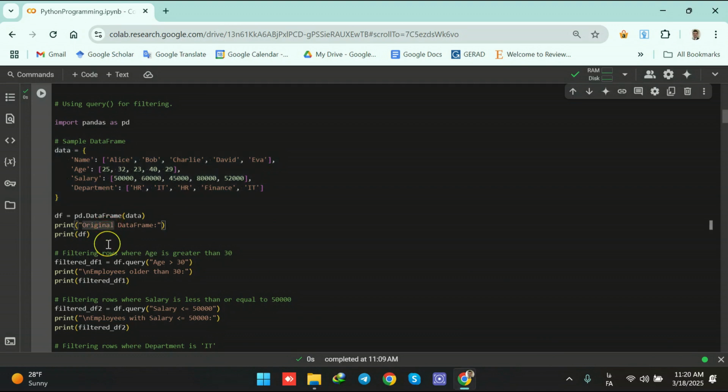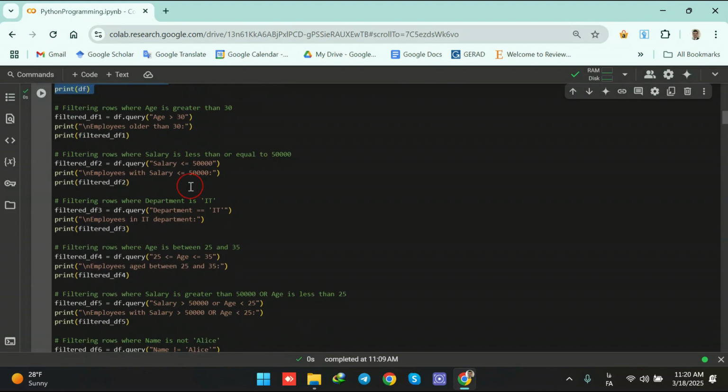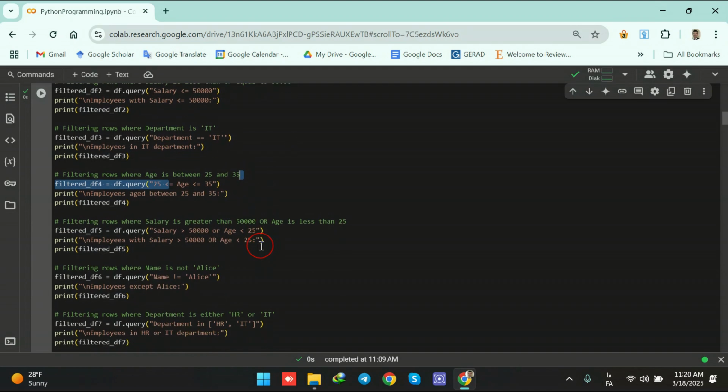Then we converted that dictionary into a data frame. We learned how to filter rows based on a single condition, for example, the age, then the salary, then department, then the age between a range. And when we were having two conditions with the or operator, so either salary must be larger than 50K or age